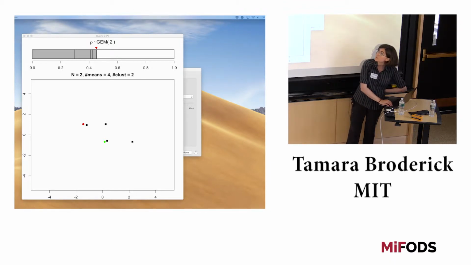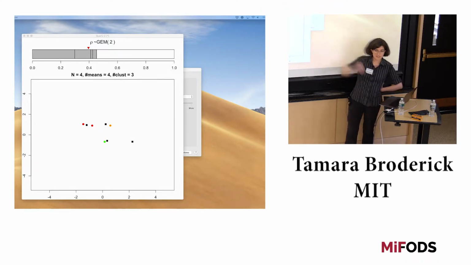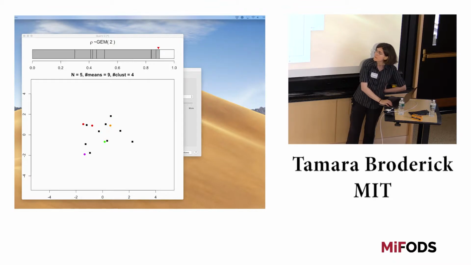So here, I'm going to draw another data point. It happens to belong to the same cluster as the first data point. And so we see 2 data points now with the same color down here. I'm going to draw another data point. This one happens to belong to a row we've already generated, but technically a new cluster. Now, you'll see that to cover this uniform random variable, I had to generate a whole bunch of these rows, and that's why we suddenly got a ton of these means down here.